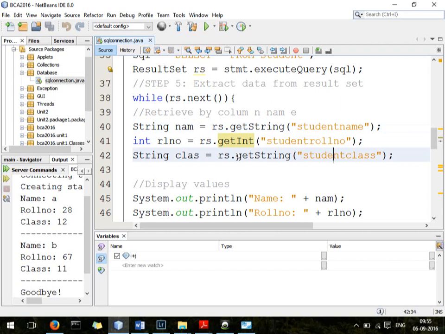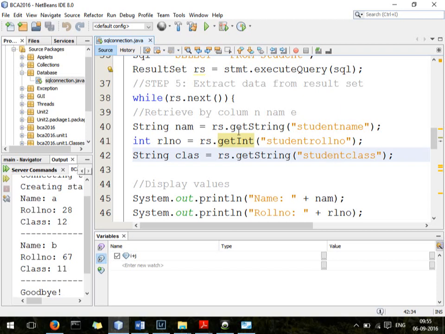Okay, this is very important, because it's almost the same thing whether you are writing code for a software for a Windows based system, like a desktop application, or a web application using JSP. You will be using the same type of connectivity. Alright, so this is the same way.